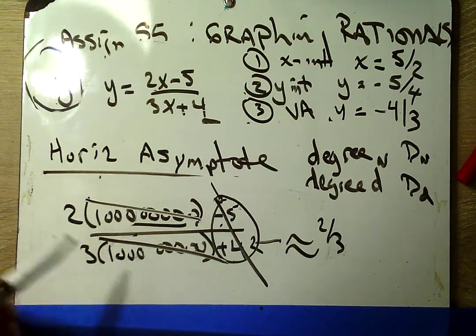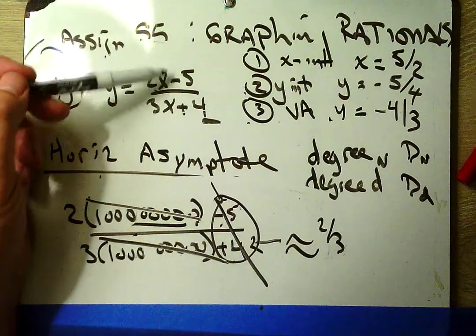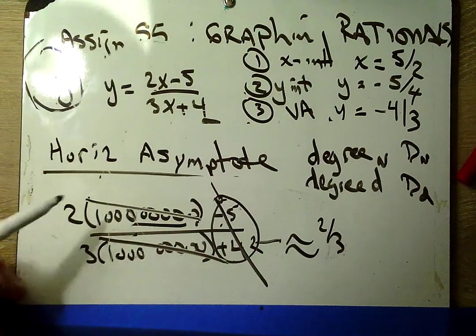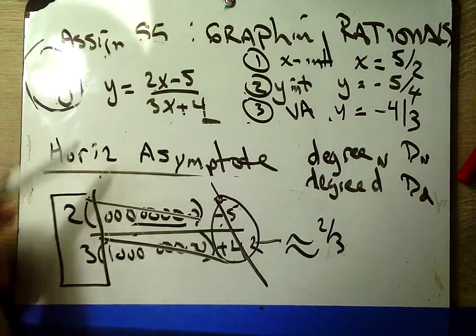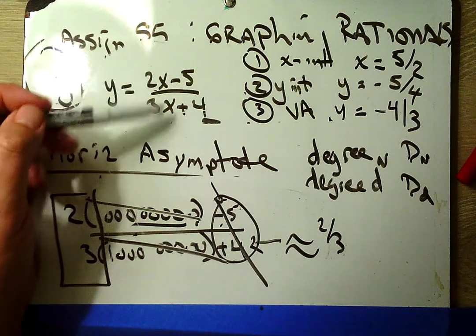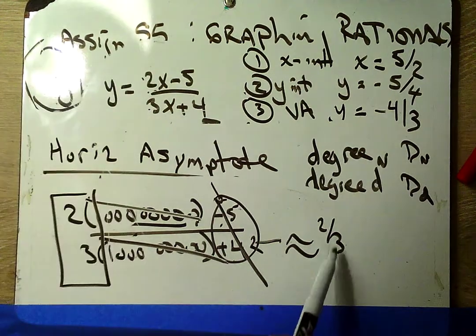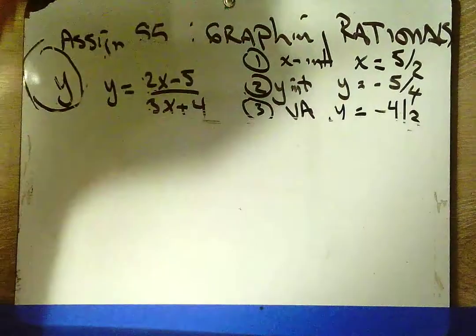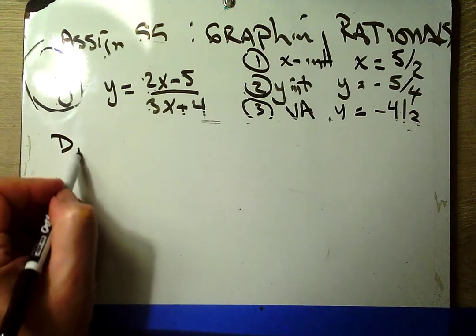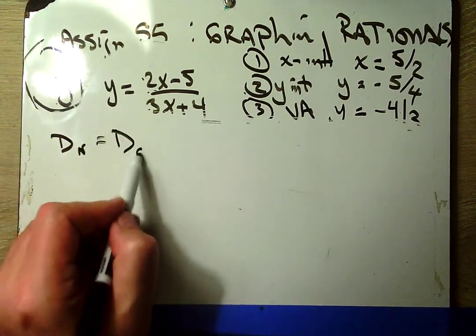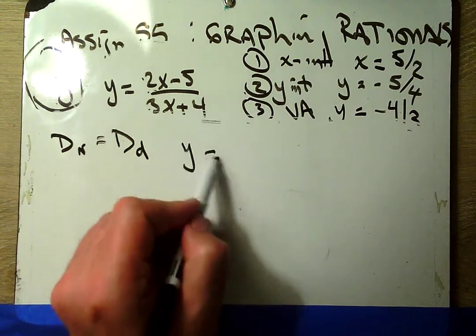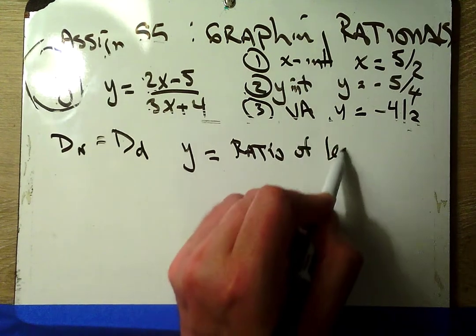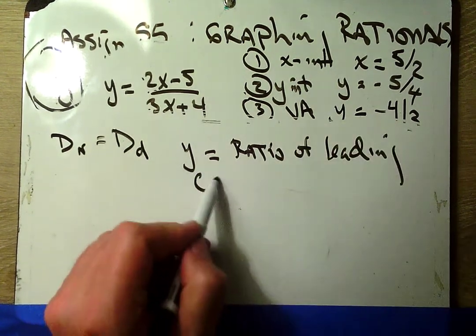So what I notice is that in this case, the degree of the numerator and the degree of the denominator are the same. And when they're the same, look what we did. We looked at the ratio of leading coefficients. 2/3 is our horizontal asymptote. So with horizontal asymptotes, if the degree of the numerator is equal to the degree of the denominator, then y equals the ratio of leading coefficients